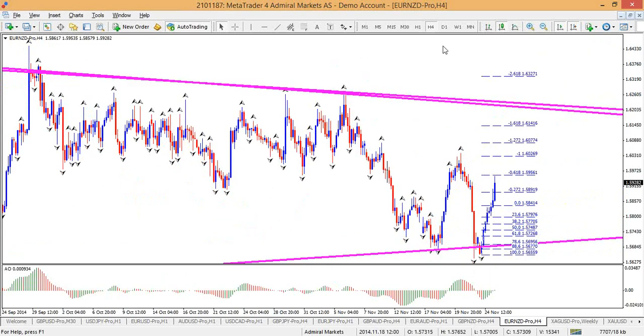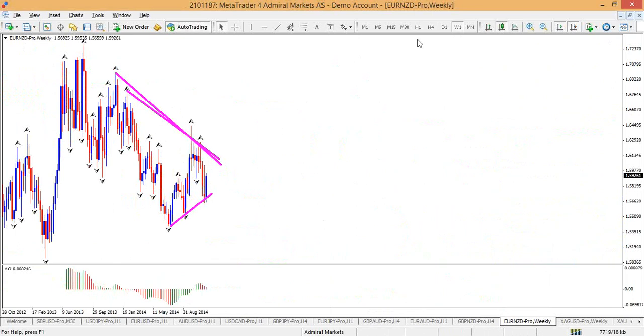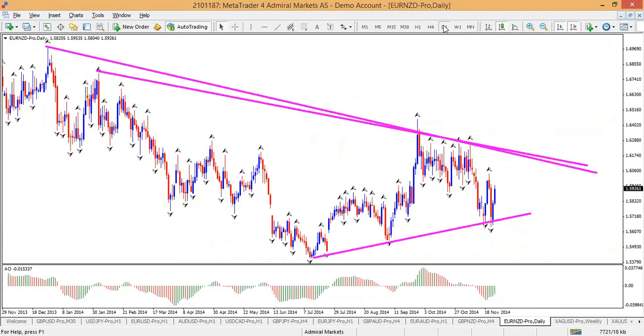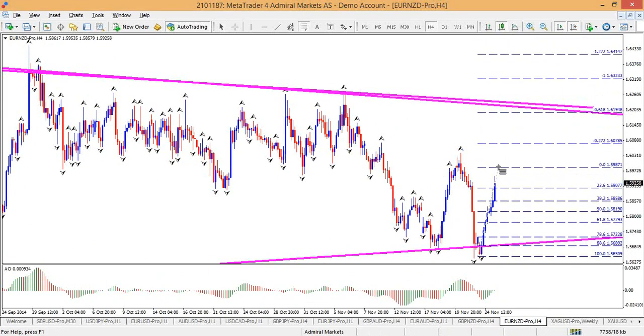The TP, honestly, I'm not a big fan of the Euro New Zealand now. But the TP, well, assuming that, let's say that for this type of trade, we wouldn't want to aim below this trend line. So that would be probably a deep fib of this upside. If it goes up to here, let's say, any of these fibs, the 50, the 61.8, 78.6,